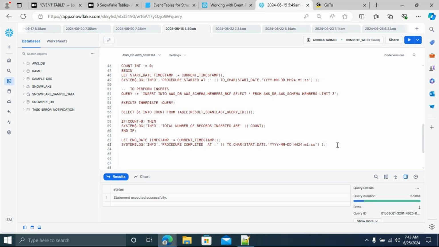And then you have to provide the start date, end date, everything done. Instead of start date, I have to give the end date, right? Good. And you have to provide the end date. That's it.